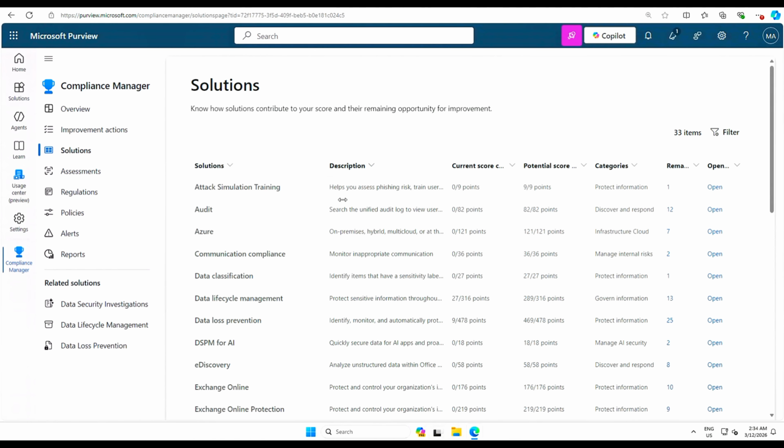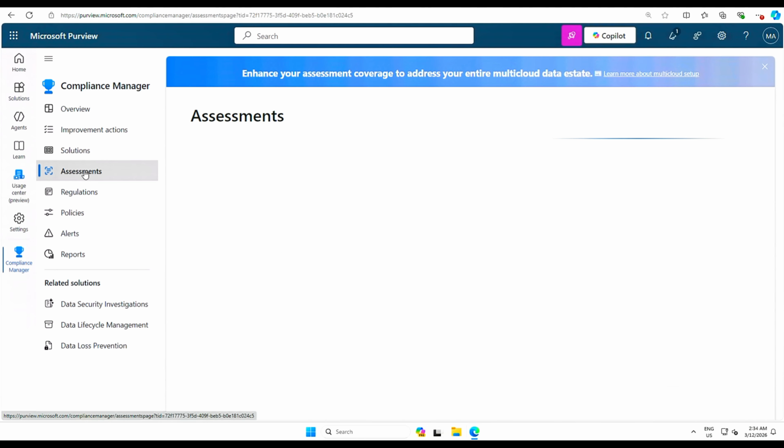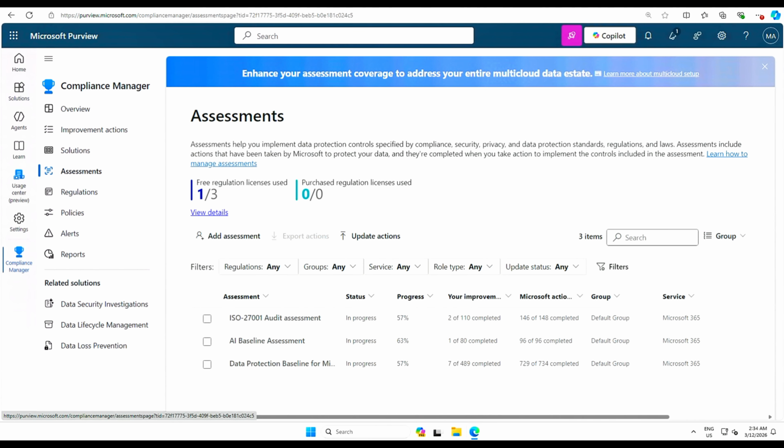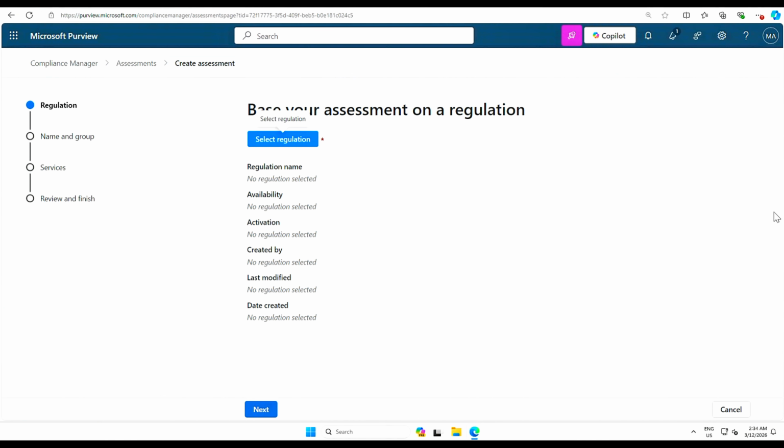So now let's do an assessment. So for that on left side, you can see that assessments. So select that option. And now let's create an assessment. So for that, click add assessment. From here, first is base your assessment on a regulation. So select regulation,